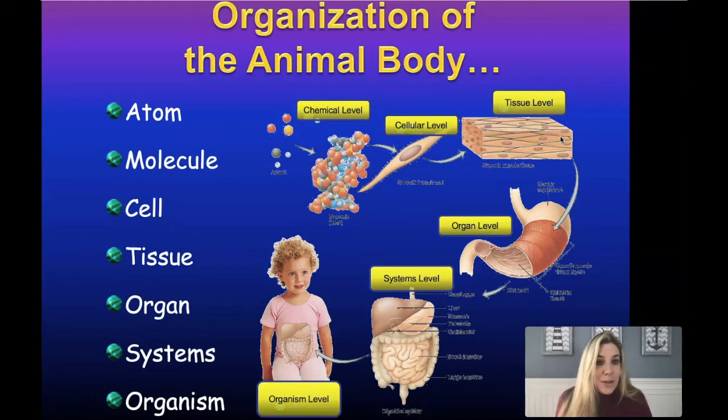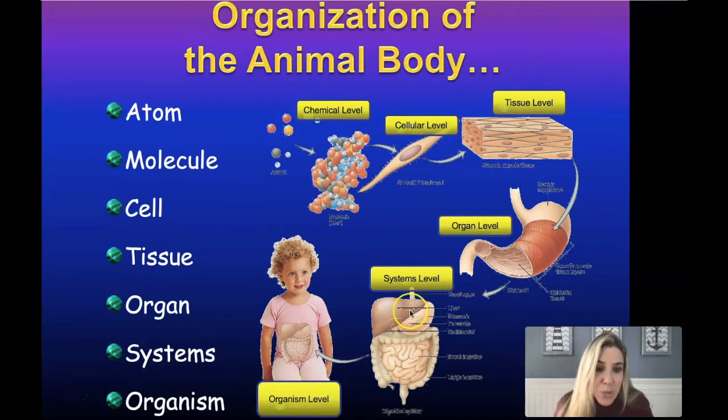And that includes even liquid fluid tissues like blood. So we're going to be studying that extensively because those tissues work together to create organs. So you see a stomach here, and that's an example of an organ made up of different kinds of tissues. And so obviously in anatomy and physiology, we're going to study those organs, but more importantly, we're going to study how those organs work together at the systemic point, how they work together in systems.